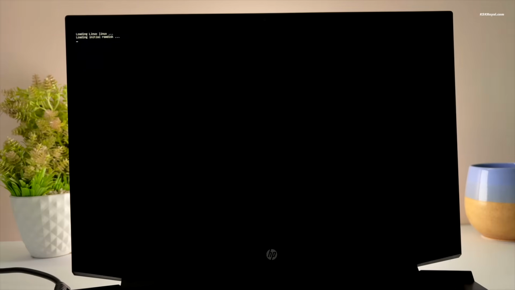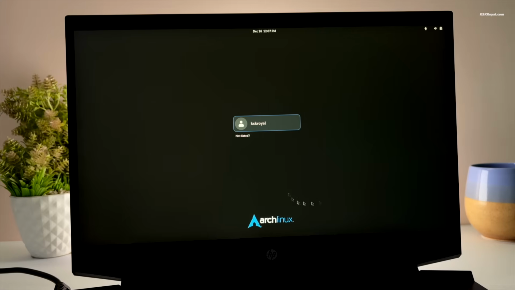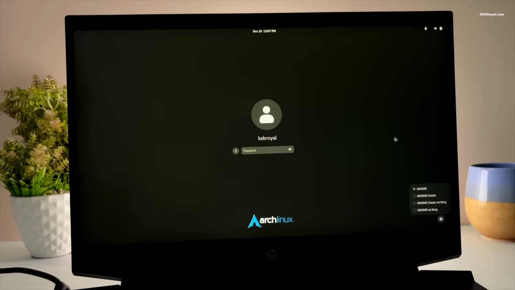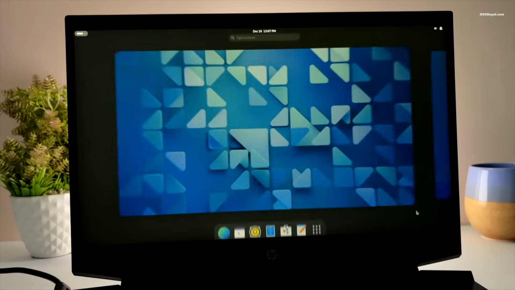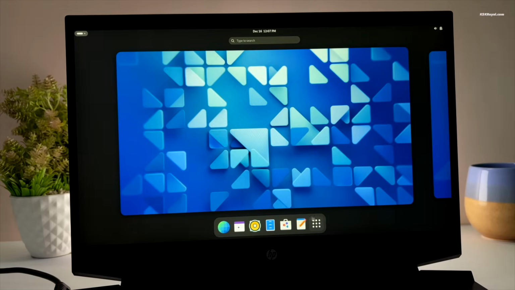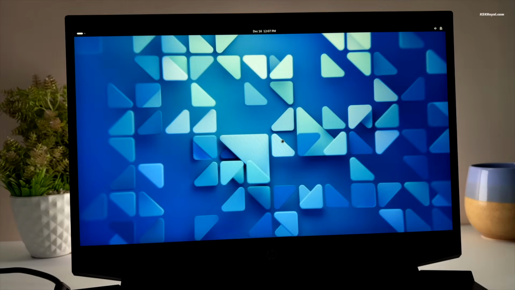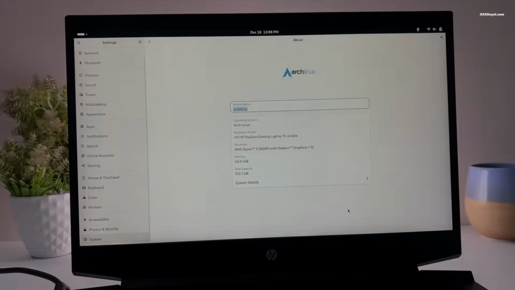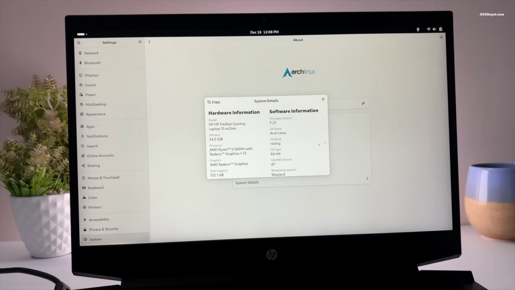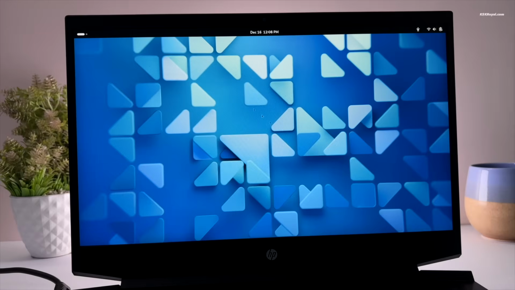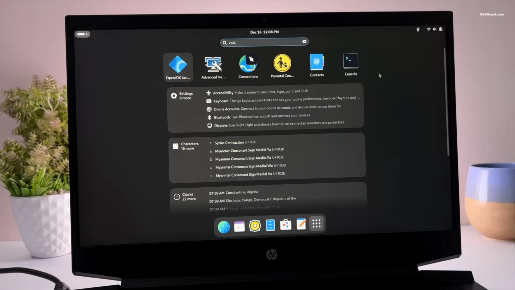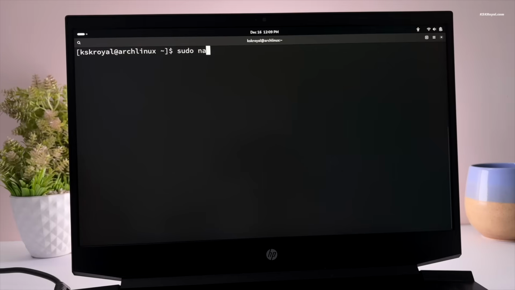For now, let's boot into Arch. You can choose X11 or Wayland session from the login manager. It's time to add the Windows boot entry to Grub menu. Simply edit the Grub configuration file with this command